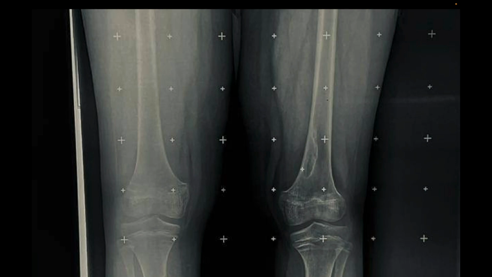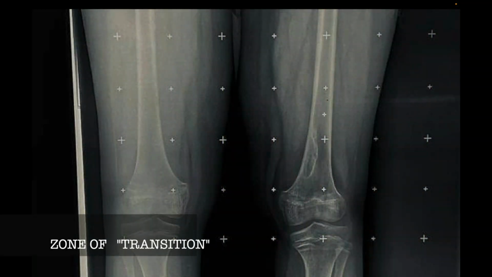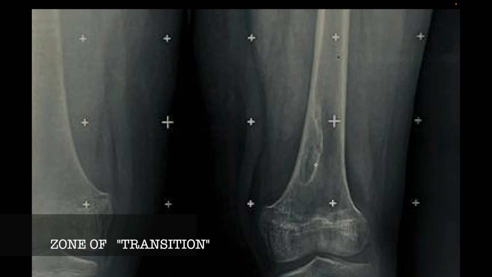So this lesion is eccentric. Third, I have to tell whether it is a sclerotic lesion or a lytic lesion. Since it is radiolucent, I will say that it is a lytic lesion and it has a sclerotic rim. So the lesion is lytic because it is radiolucent, but the rim is sclerotic. And then I have to tell what the zone of demarcation is. We can say that this is the normal bone, this is the normal bone, this is the normal bone, and this is the abnormal part. So the distinguishing area between the abnormal bone and the normal bone is very well defined with the help of this line or border.